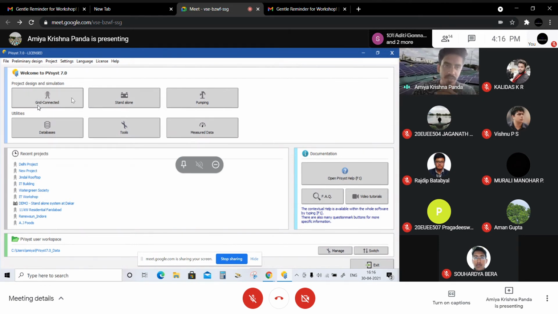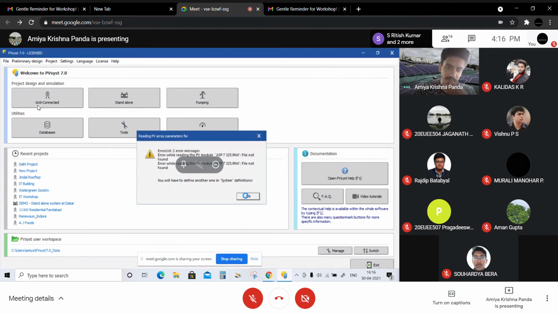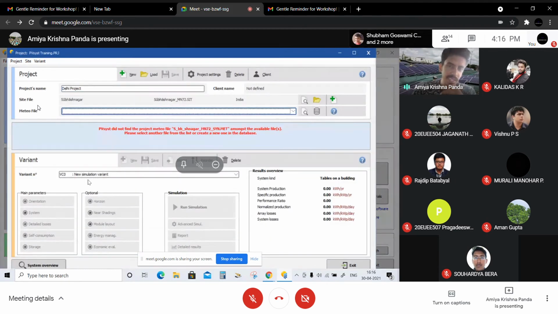So we need to go for the grid connected system first of all. Now in this grid connected tab, you will get a kind of window, and here it's basically the location that we need to import. First of all, in this software, we are going to import a specific site according to the latitude and longitude.